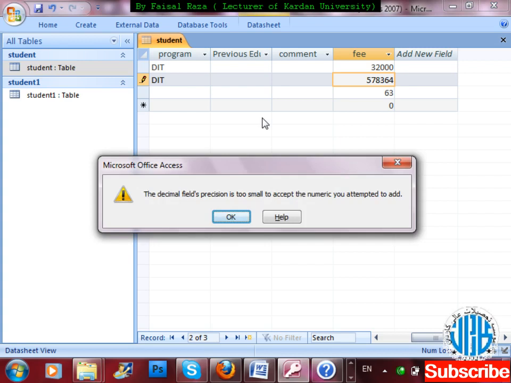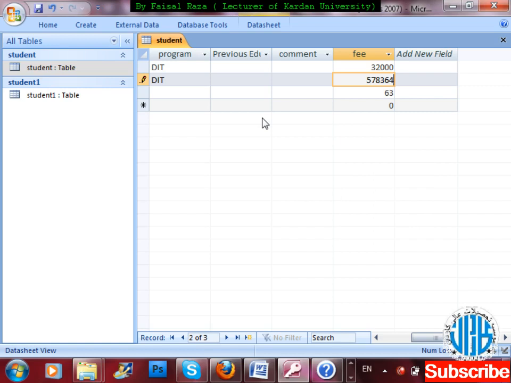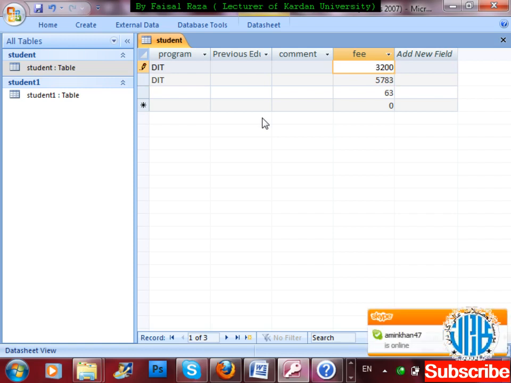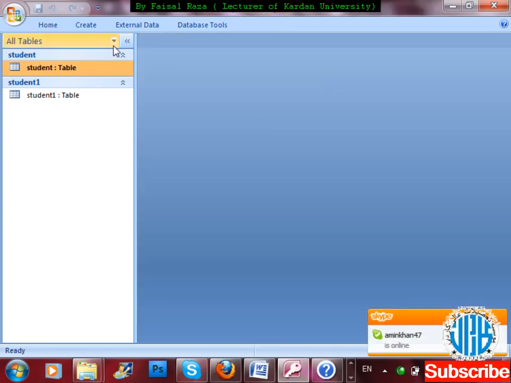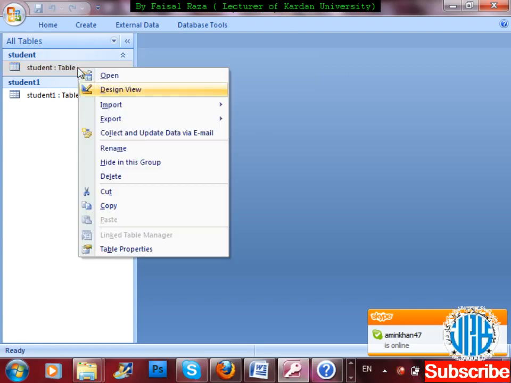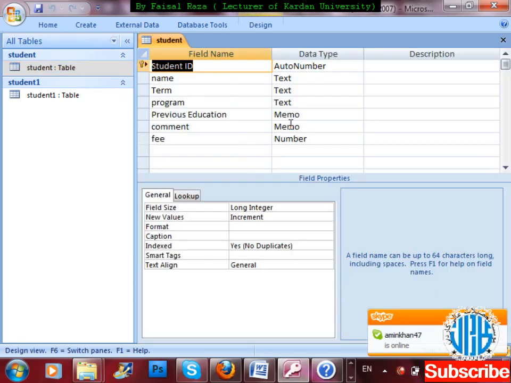I have told it to take 5 digits. Okay, and the point value it will not take, because scale was 0. Scale was what? 0. I'm going to adjust that right now. One number I'm going to increase it here. Control W, go over to the design of the table